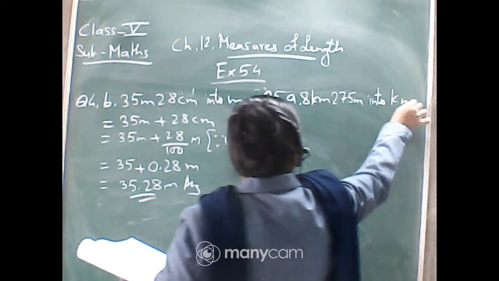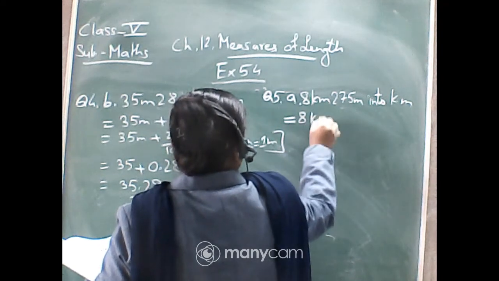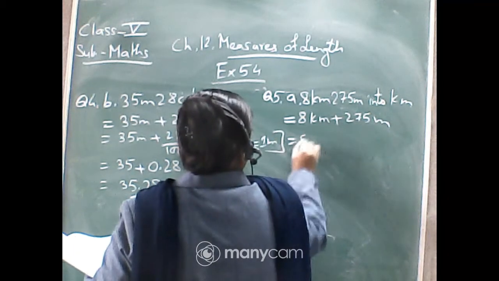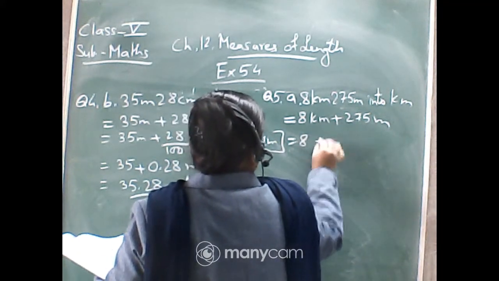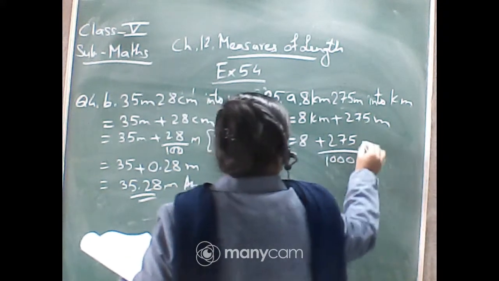That means only this meter part will be changed. So break it, it will be 8 kilometer plus 275 meter. So it will be 8 plus 275 divided by 1000, because